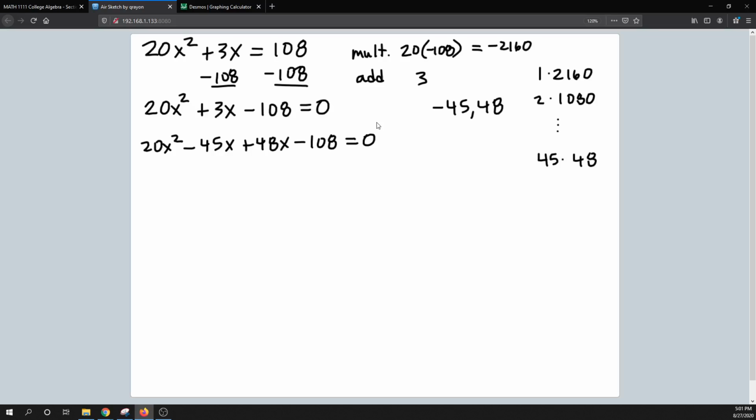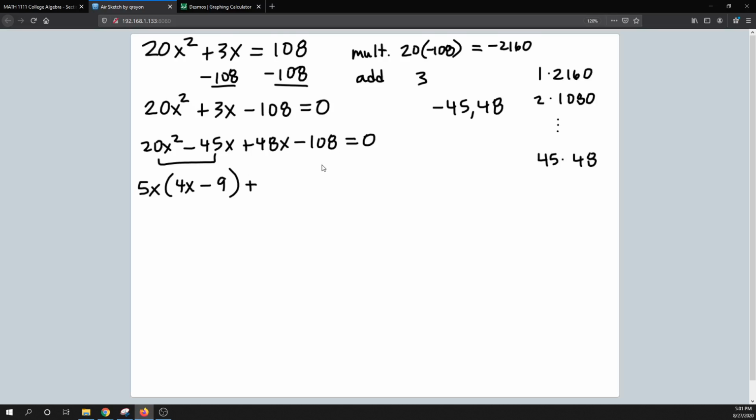All right, and then factor by grouping. So looking at these two, you can see what they have in common. So that would be a, let's see, would be a 5, right? So 5 and an x. So 20 divided by 5 is 4, and then pulling out an x from x squared gives me an x. And then negative 45 divided by 5 is negative 9, and then that x is factored out. And then I'd have that plus, all right, and then